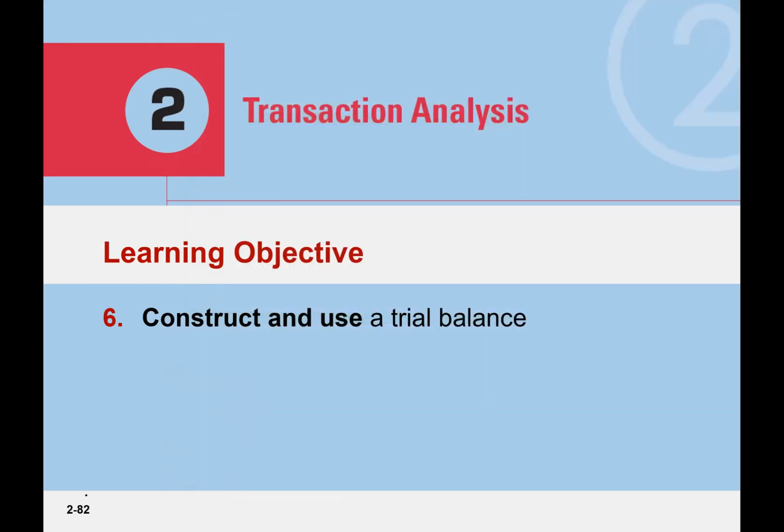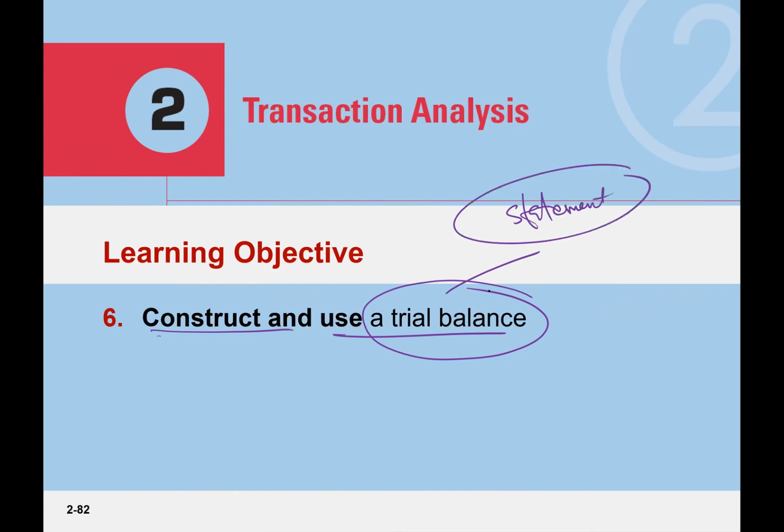Okay, we have a couple of slides left. How much time do we have left here? Here we go. So construct and use a trial balance. Now after generalizing the entry and posting it to the ledgers, the next step is the trial balance. What is a trial balance? It's not a statement. It's not a required statement, remember, right? Our required statements are